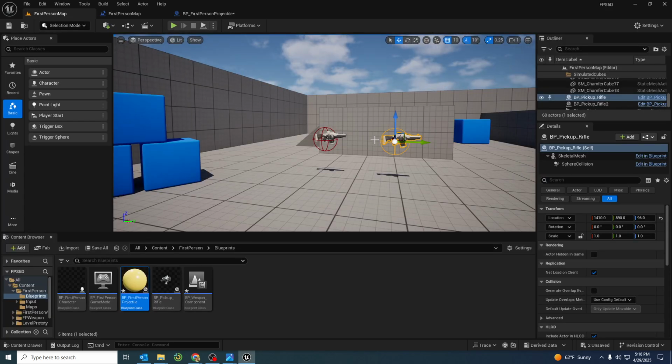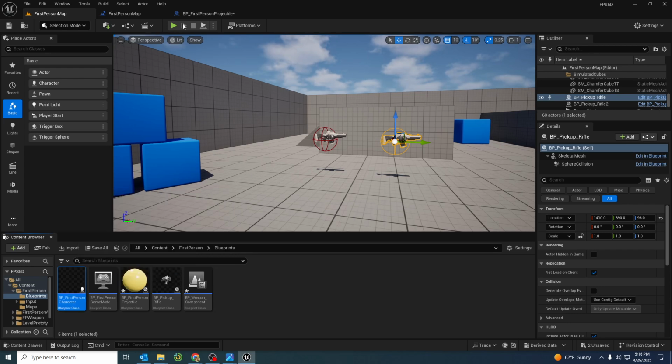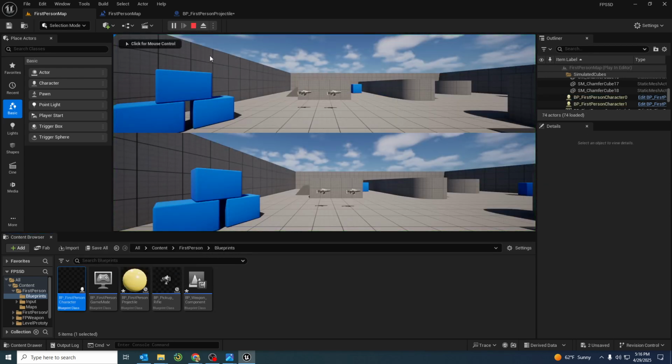If I hit play now and go shoot bullets, we don't know if damage is being applied, so we have to go on the other side of this. We only want one person to receive damage, and it's one of these blueprints, again, in Content, First Person, Blueprints. You know which one? That's right, Mr. Grammar. It is BP first-person character,